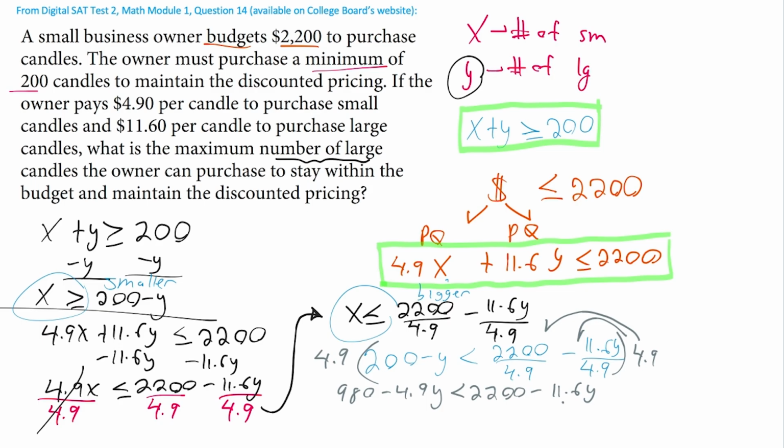So let's go ahead and just add 11.6y to both sides to combine everything and get it all solved out, and take away the 980 from both sides. And in the end, we're going to have 11.6 minus 4.9, which is 6.7, so 6.7y less than 2200 minus 980, which is 1220. And when we divide both sides by 6.7,